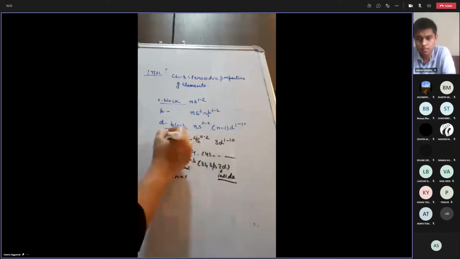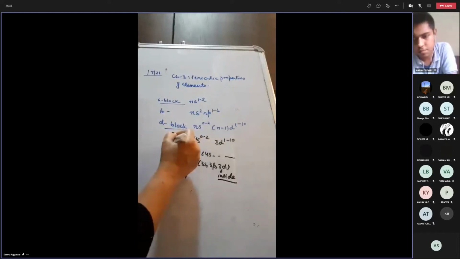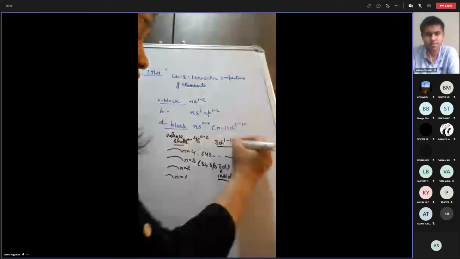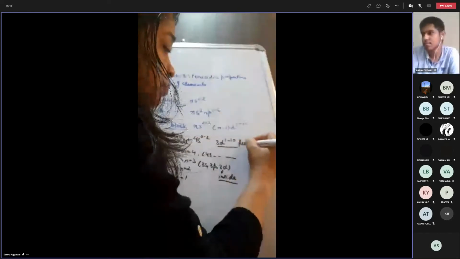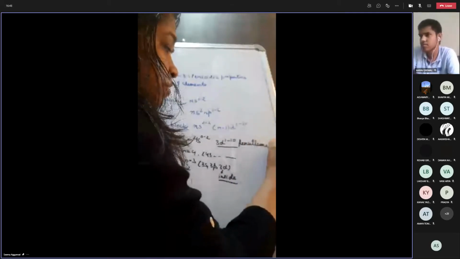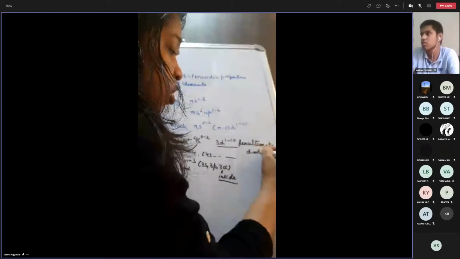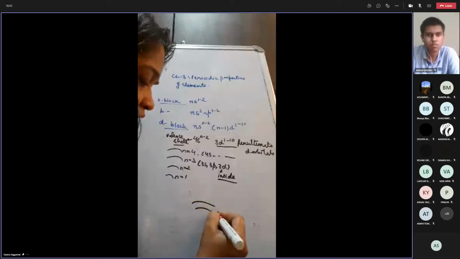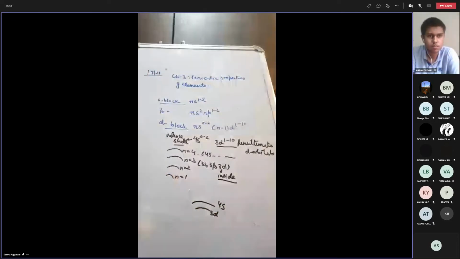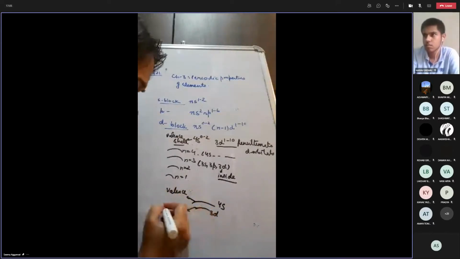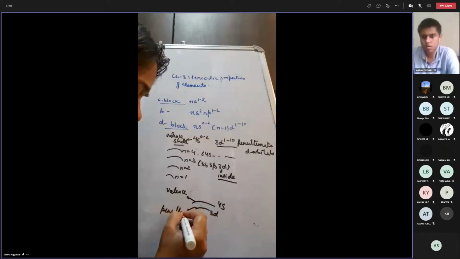This I have been telling for the last 2 classes. Okay, this is my valence shell. The shell which is one inside the valence shell is called the penultimate shell. So these are called penultimate d orbitals. Outermost is 4s and before that we have 3d. So the valence shell is 4s, but 3d is called penultimate. You should know this word.